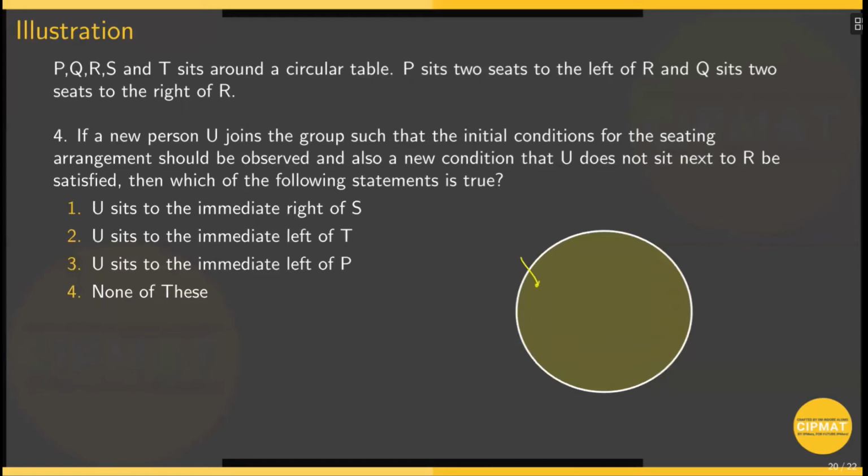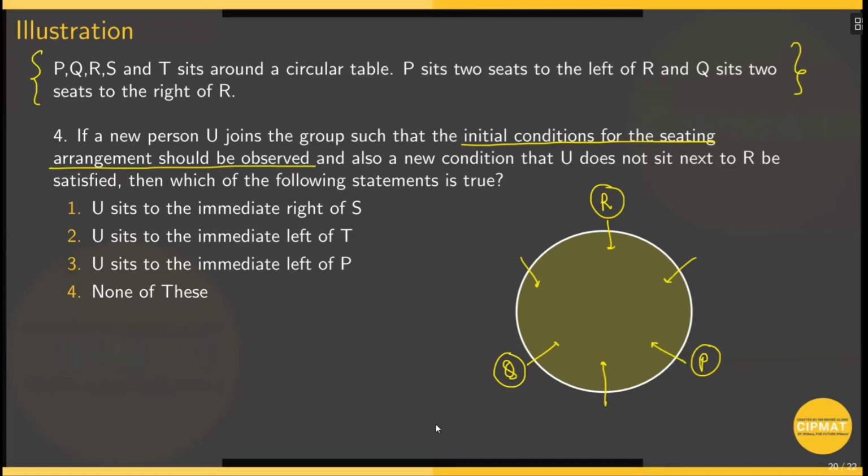Okay, so 1, 2, 3, 4, 5, and 6. Correct? So these are the 6 people who are going to sit. Right now, let's say that the initial conditions for the sitting arrangement should be observed. Now, if the initial conditions are observed, then what can I say about this? Then the thing that I can say is that R is somewhere over here. If R is over here, then P sits somewhere over here and Q sits somewhere over here